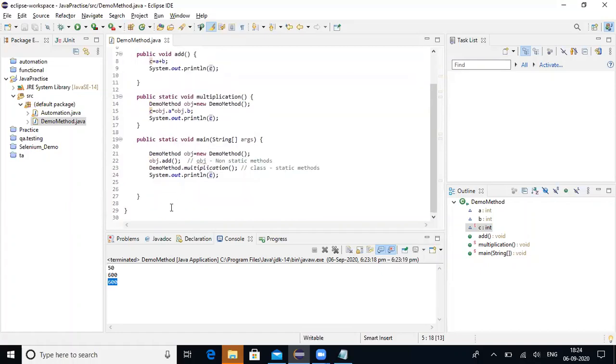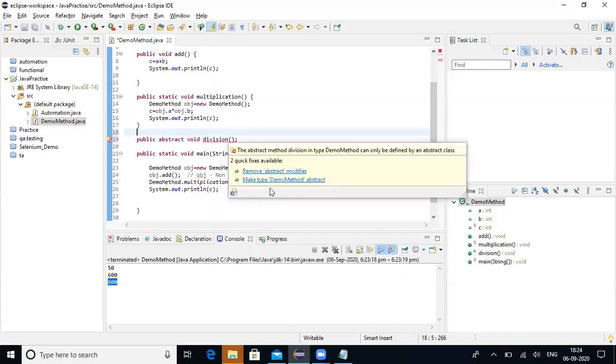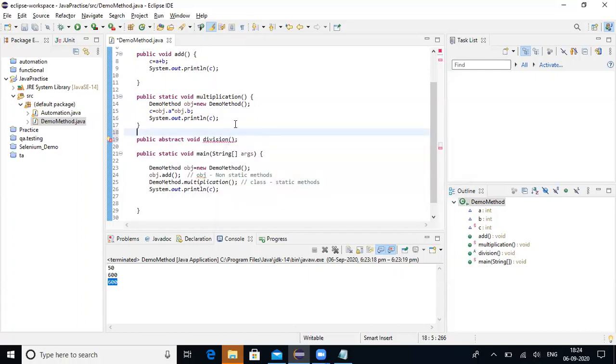Shall we move on to abstract method? I'll create one abstract method here. So this is the abstract method.